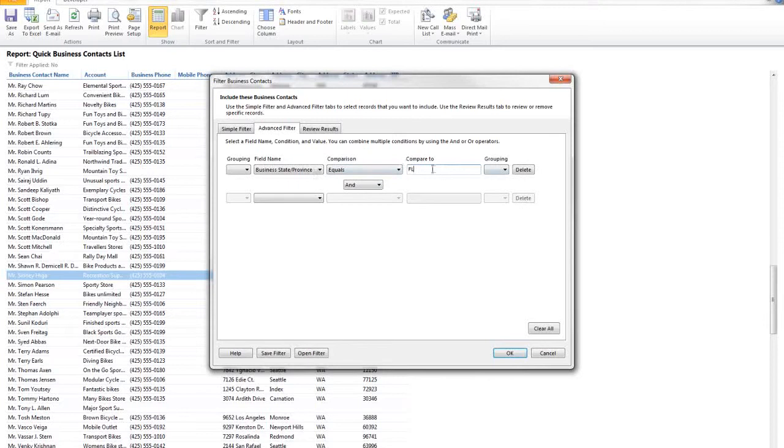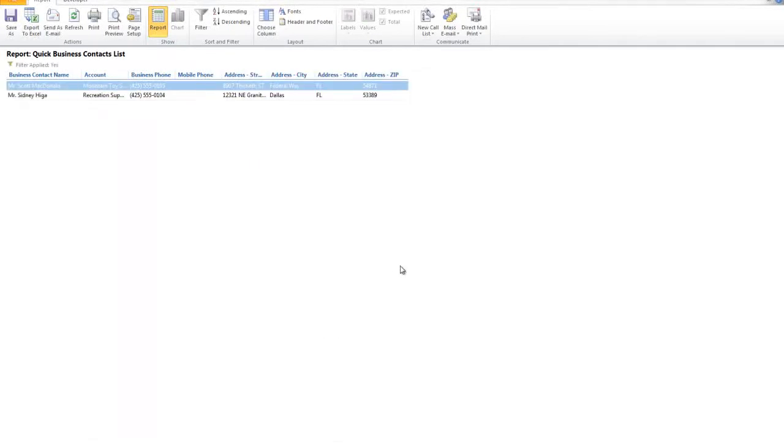Now notice the second I fill in the compare to field, I get an additional condition, and I can actually say show me only Florida and show me Washington or New York. I can also use the or feature. I could say show me something that equals this or equals that. So in this case I'm just going to use the Florida address, and you'll see here my report filtered, and now my report contains only two